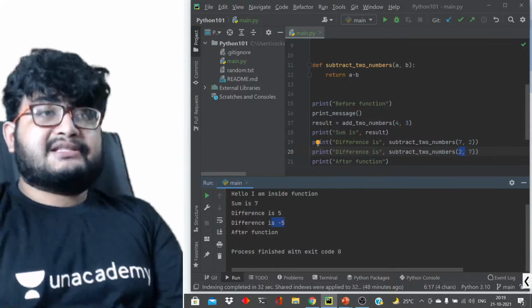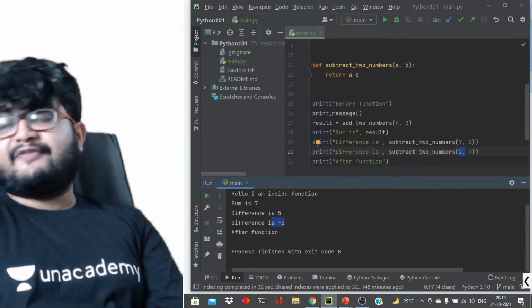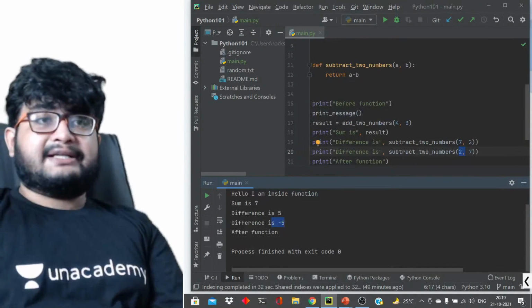So difference, subtract two numbers 7 2 and 2 7. See, the result is different, right? So the order in which you pass the arguments also matters. Now